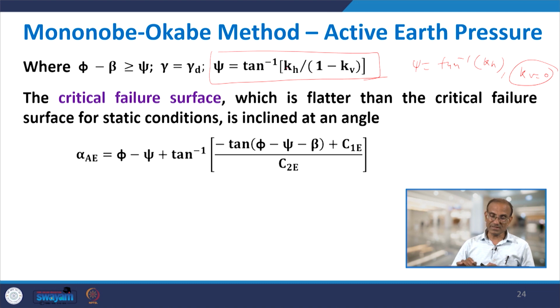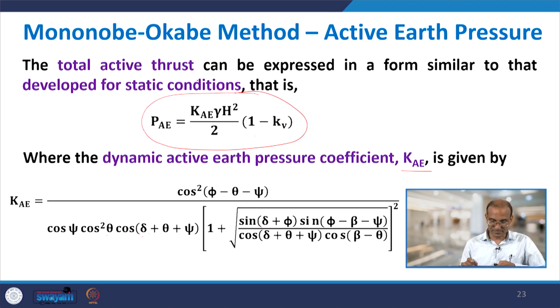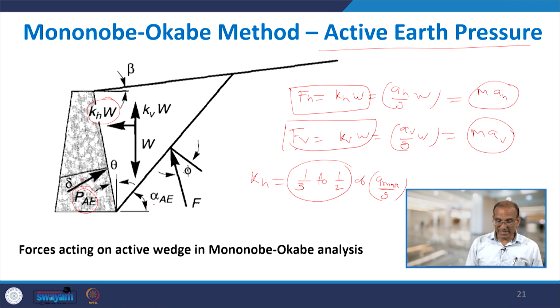So, tan inverse you can find, and another condition you need to check is that the difference phi minus beta should be greater than psi for the seismic case, and gamma will be considered as gamma d here. So, everything is known in this equation, and you can find the value of KE. Once KE is known, you put it in the top equation, find the value of PAE, and now you need to find the angle alpha AE with the horizontal